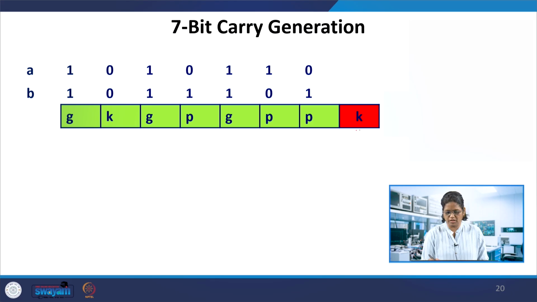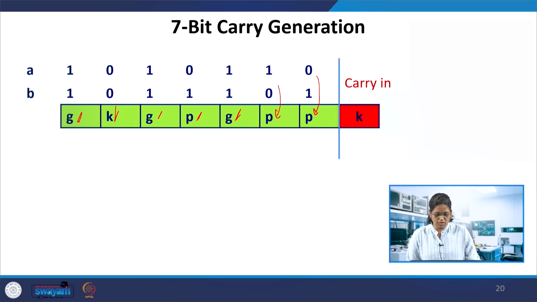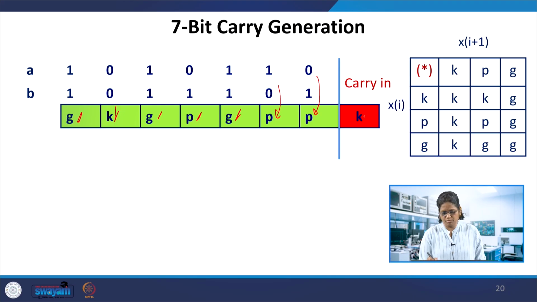In the first stage we take this K, and 0 1, yes, there will be a propagate stage. If you look at the previous case in carry look ahead, this stage leads to propagate if these two are propagate, and 1 1 would lead to the generate case, and then 0 1 again the propagate, this is generate, and 0 0, there is a kill, and 1 1 would lead to generate. So this is the first stage we use, and then the carry in: if the carry in is available, make this generate 1, otherwise not.